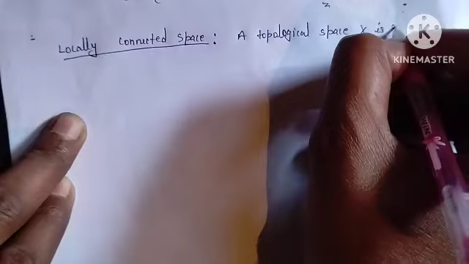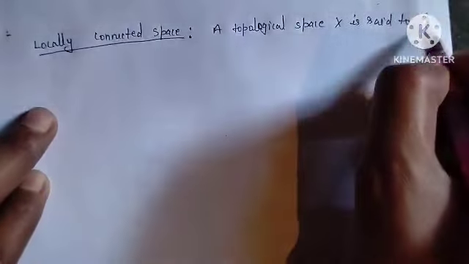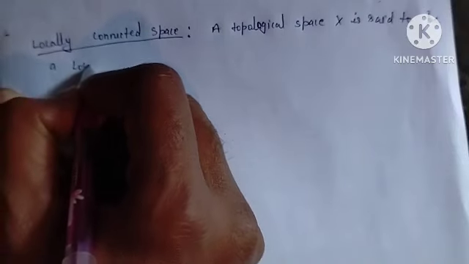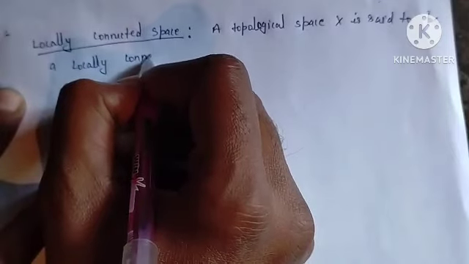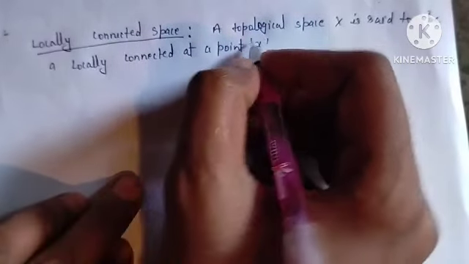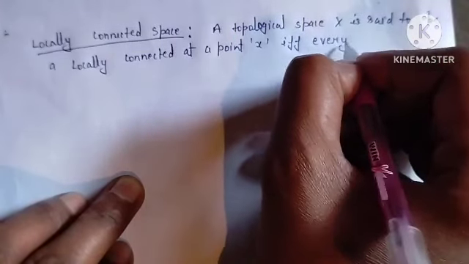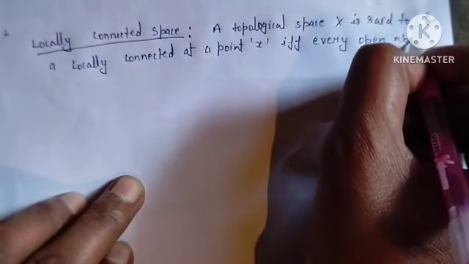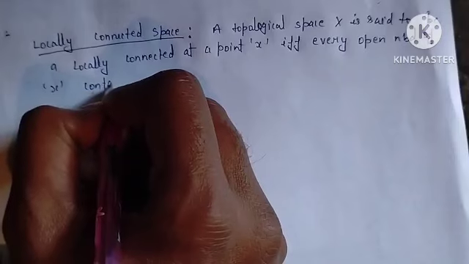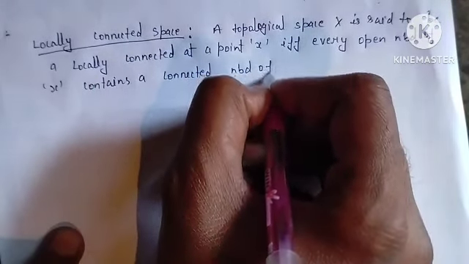A topological space X is said to be locally connected at a point x if every open neighborhood of x contains a connected neighborhood of x,